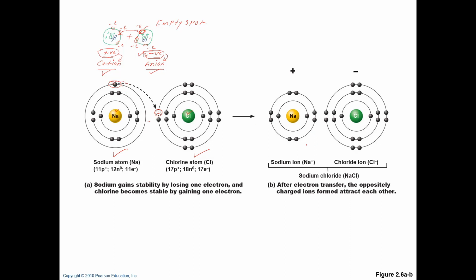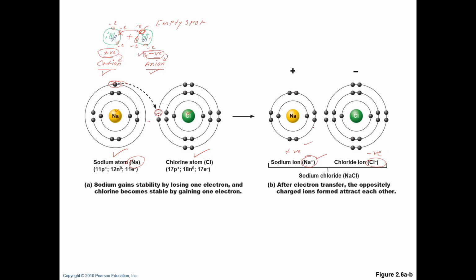So this is what happened on this side. You see this one has lost the electron, so it will become positive, and this one has accepted the electron, so it will become negative. So neutral sodium will become cation, and neutral chlorine will become anion, negative ion, and they